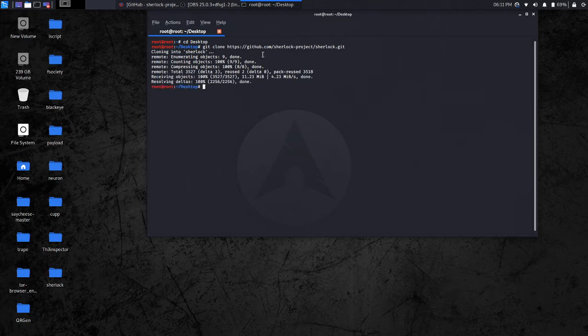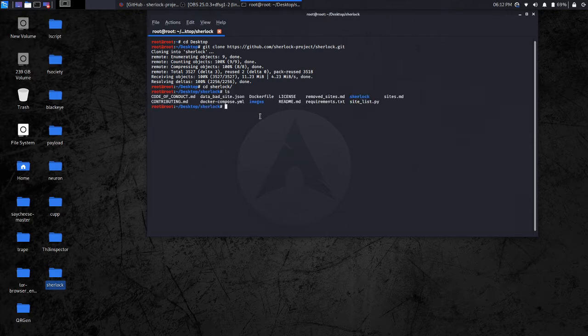So as you can see, it has installed and the folder has appeared on our desktop. So I'm gonna open that folder and let's see what's inside. So the first thing you have to do is install the requirements.txt file. So for that you have to type this command on the terminal: